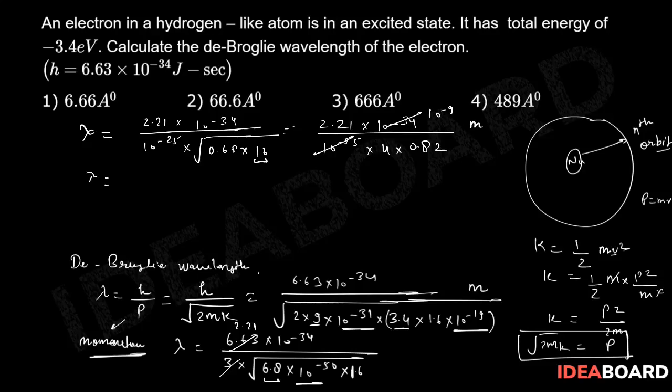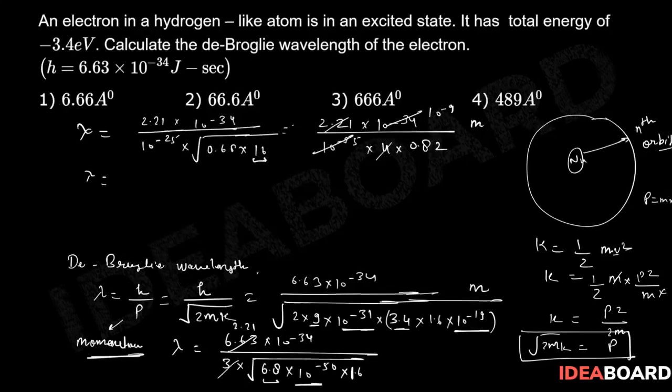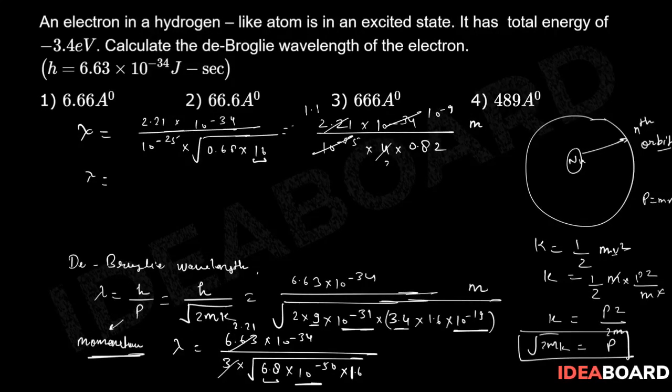Now solve further, this will be 10 to the power minus 9, and this answer is going to be in meters. So lambda will be 2.21, and now this can be cancelled out. If I assume 2.2, this will be 1.1 and this will be 2 simply. So I can write 1.1 divided by 2. If I multiply it with 2, this will be 1.64 into 10 to the power minus 9. If I multiply it with 10 to the power 10, this will be in angstroms, right? So this gives 11 divided by 1.64 angstrom.